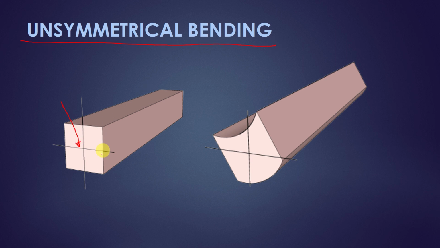For a symmetrical section, if you apply load not parallel to the axis but in any inclined line, then you can get unsymmetrical bending. Then it is having a new neutral axis again. It is having a new set of axis, right? It is bending along with this axis, right?